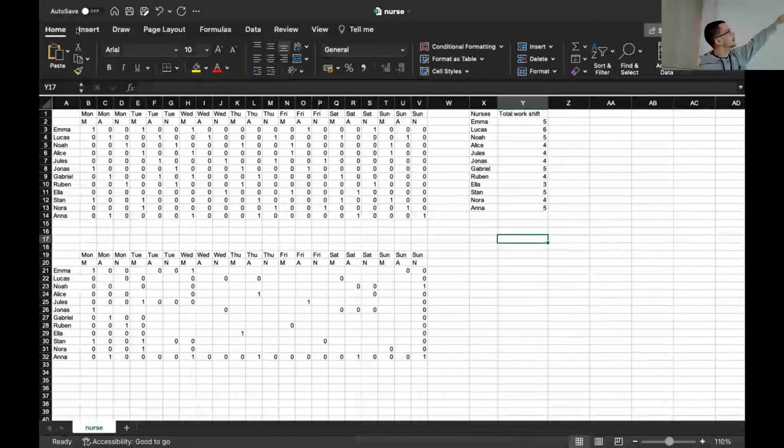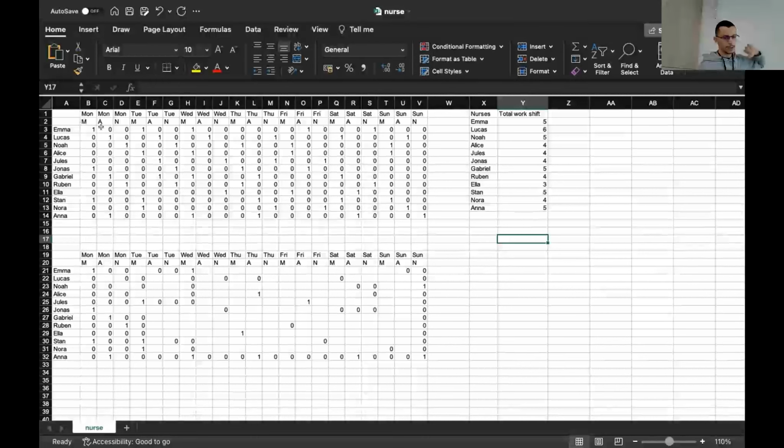On the left, in the first column A, are the nurses, and on the top we have the days, Monday, Tuesday, Wednesday, and so on for the whole week. For each day we have 3 different working shifts, morning, afternoon, and night. And ones and zeros are basically when a specific shift has been assigned to a specific nurse in this hospital.